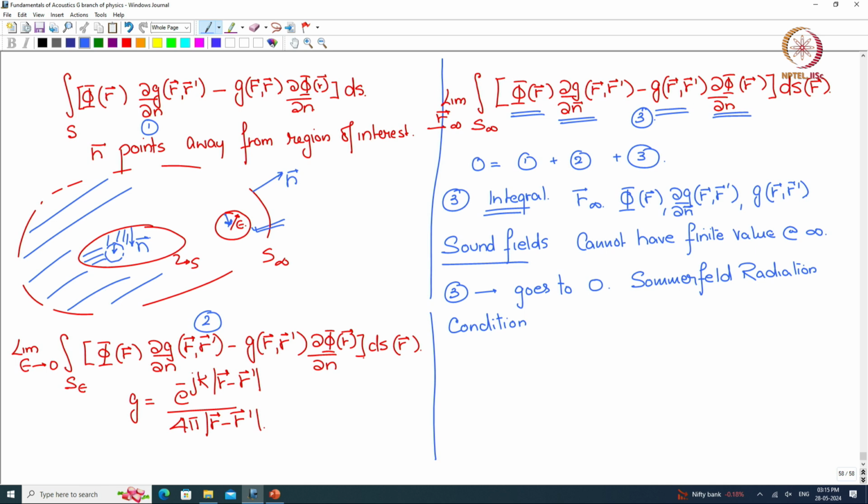So these are physical values, these are sound fields generated by sources, they can't have finite values at infinity. So the integrand goes to 0. So the integral goes to 0. So number 3 goes to 0. So we are left with 1 plus 2. So the 1 plus 2 will give back the same result,